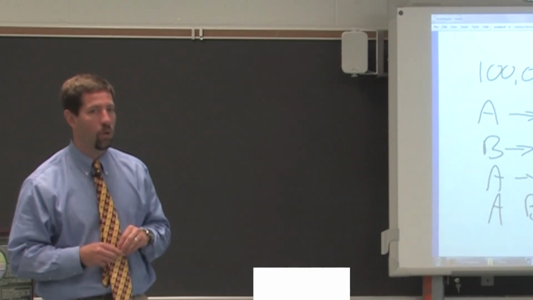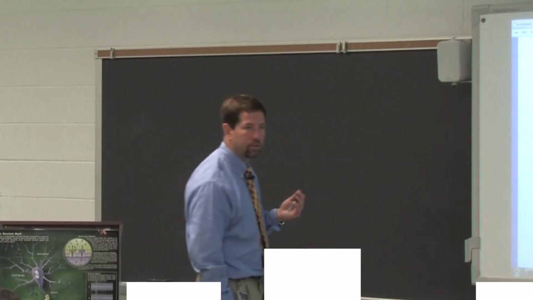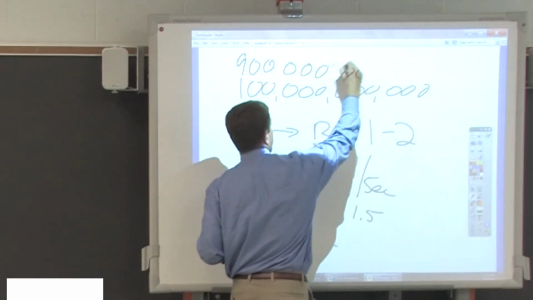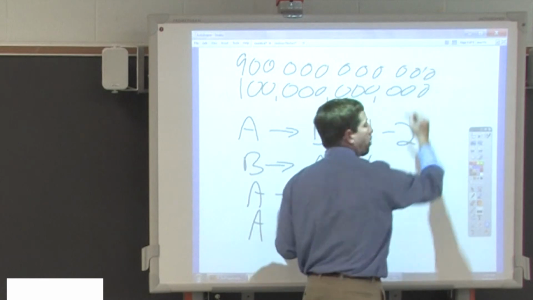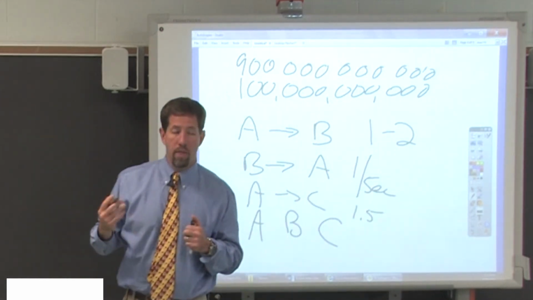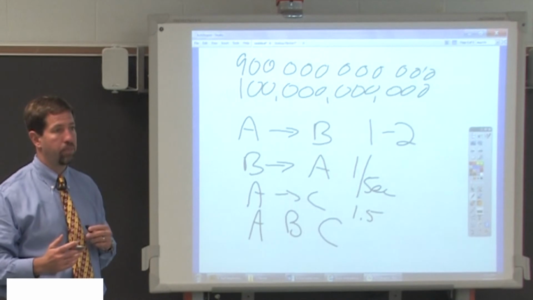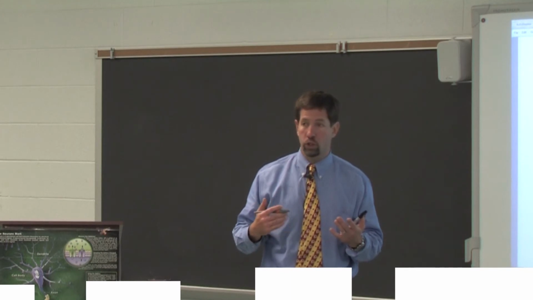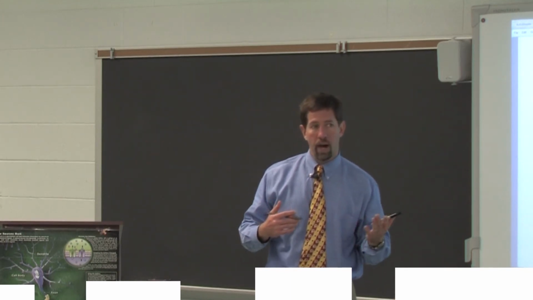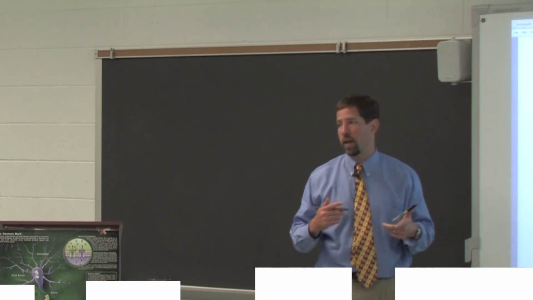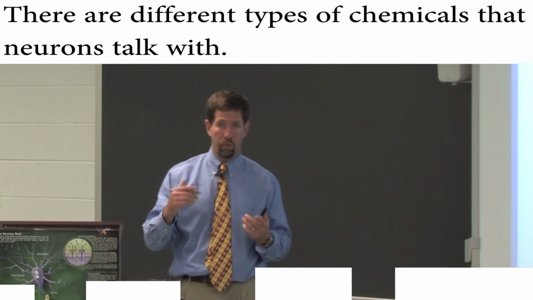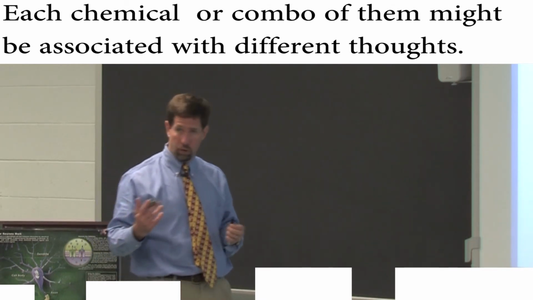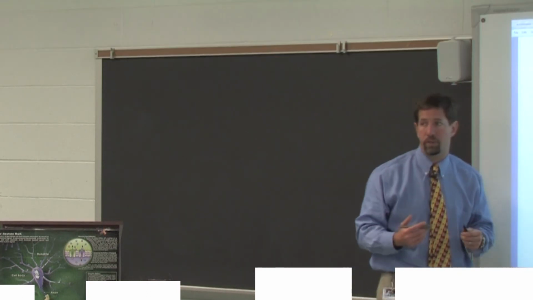But wait, there's more. Because now we're talking about glial cells. And glial cells, which we now know are not the dumb servants of the brain, there are 900 billion glial cells. And they talk to each other. And they talk to neurons. So you really have a trillion cells that can communicate with each other. So is it a trillion to the trillionth power? With the concept of rate of firing, we also haven't said that there are different types of chemicals that talk with different neurons. If neurons communicate, they don't use words, they use chemicals. And if we have different chemicals, that could mean a totally different signal.